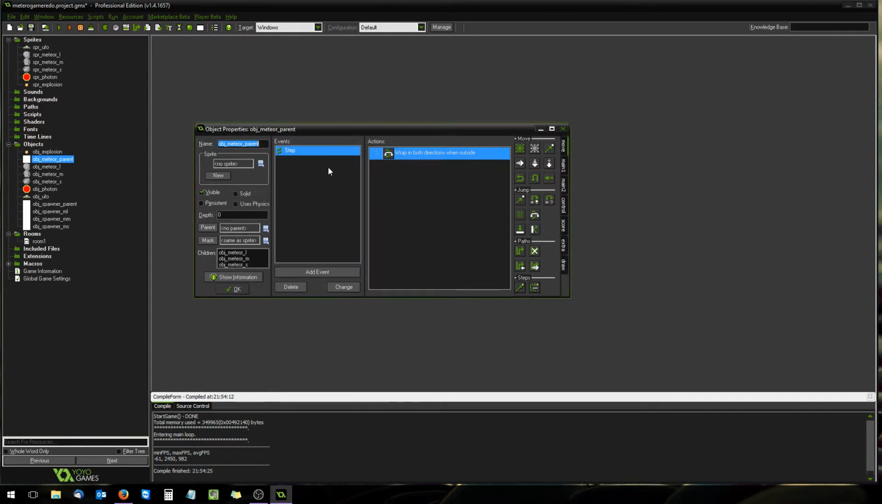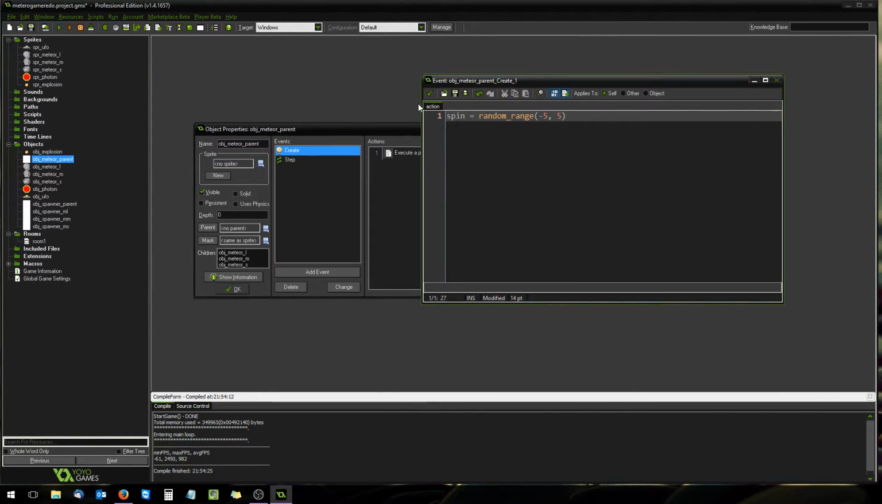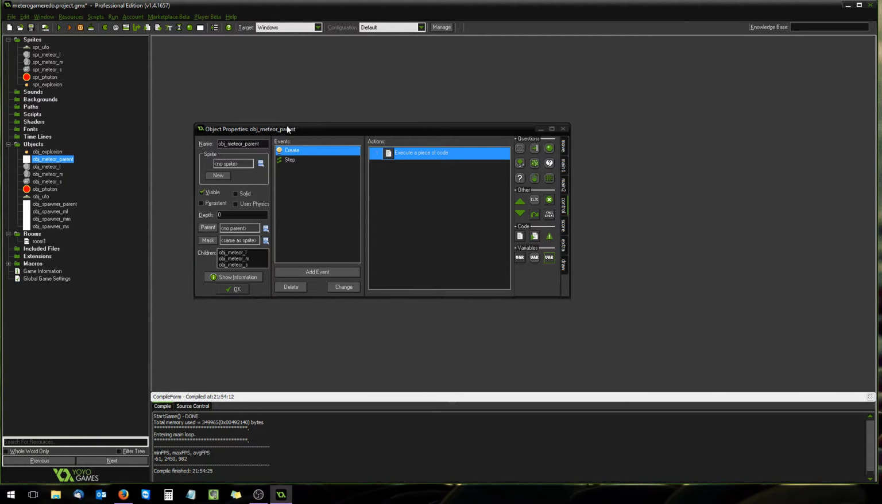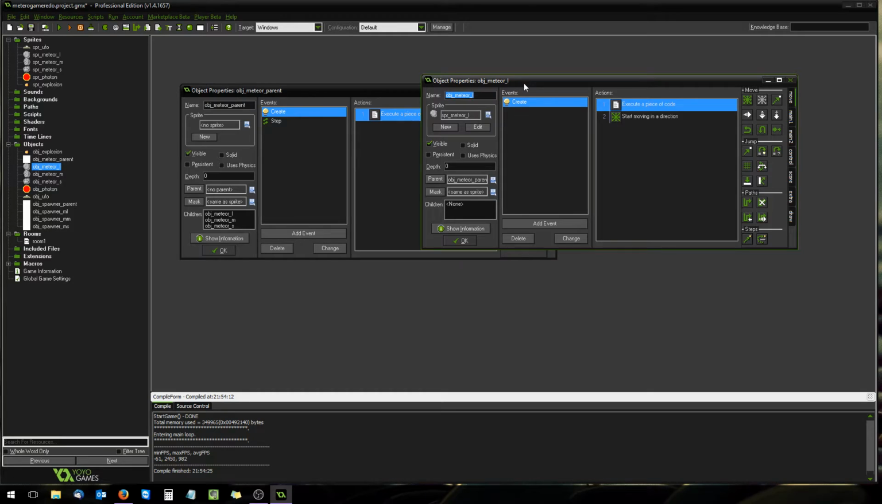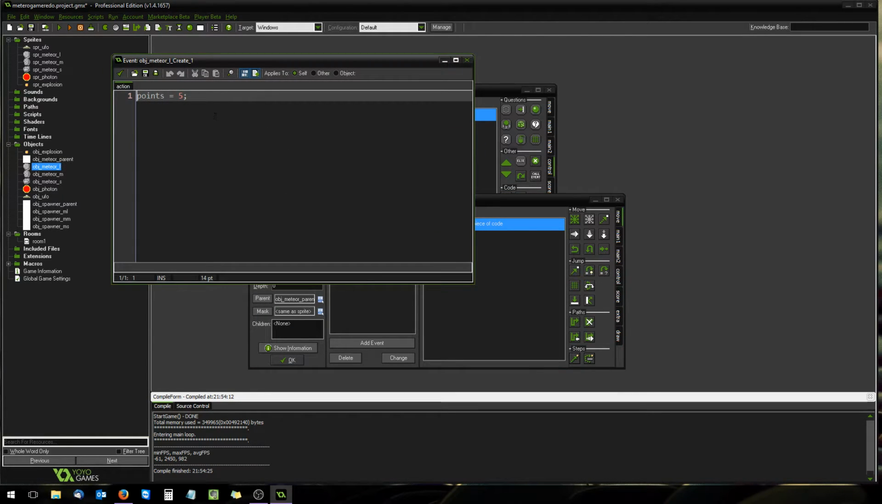So what we're going to do in our Meteor parent is add a create event. And in that create event, we are going to put in a variable called spin, and random range -5 to 5. Now before I get into exactly what this is going to do, one thing we have to keep in mind is your other meteors already have a create event, and this is something that I forgot to delete. Their create event overrides the parent's. So what you want to do in each of them is